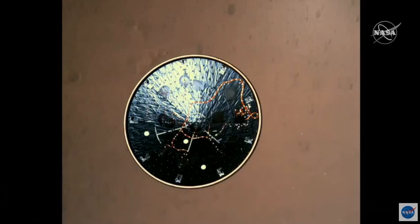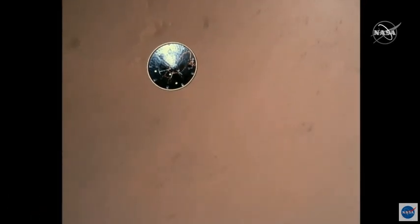So let's keep rolling here. We can see that the heat shield basically stays in the same orientation as it flies away from us. It'll come back into view in a little bit. But this is great. This is kind of what we expected in terms of the aerodynamics of that heat shield. It doesn't tumble or do something weird that was unexpected in flight. So that's very useful to have this video to show us that. So in the interest of time, let's skip ahead to